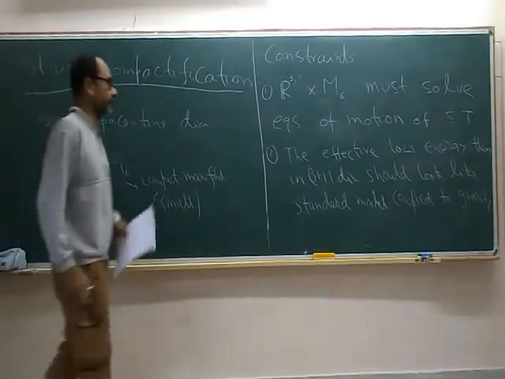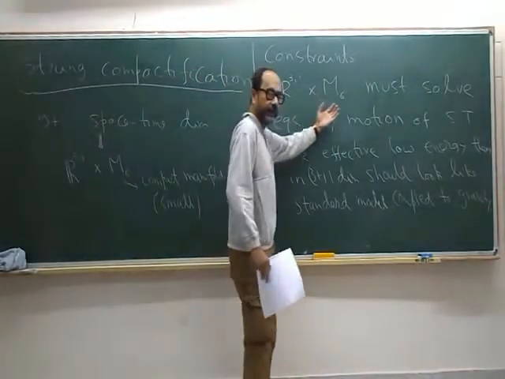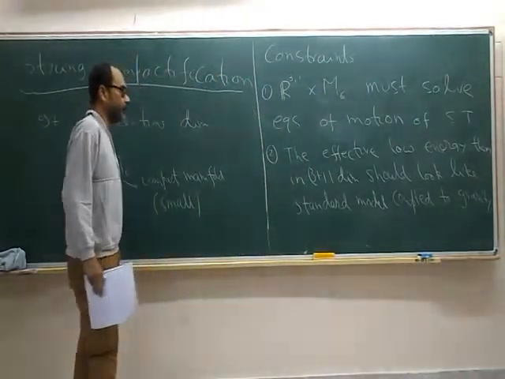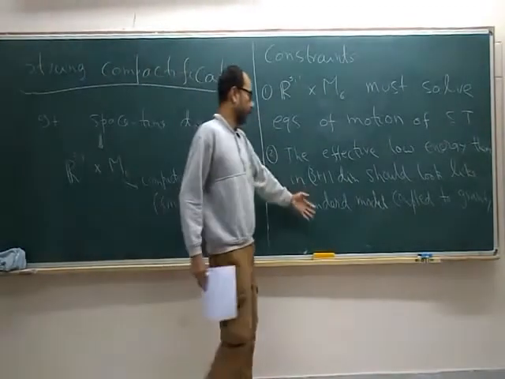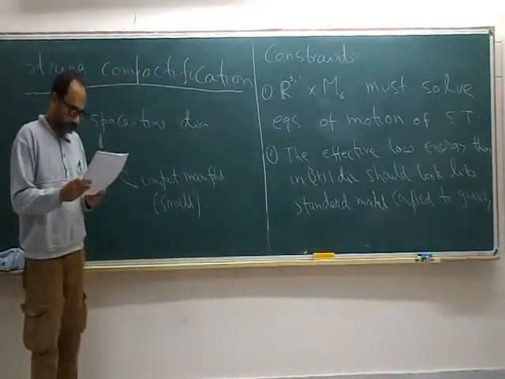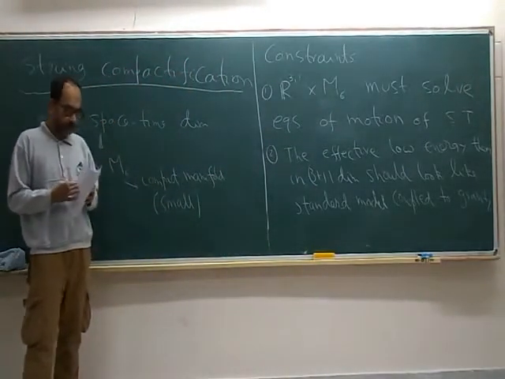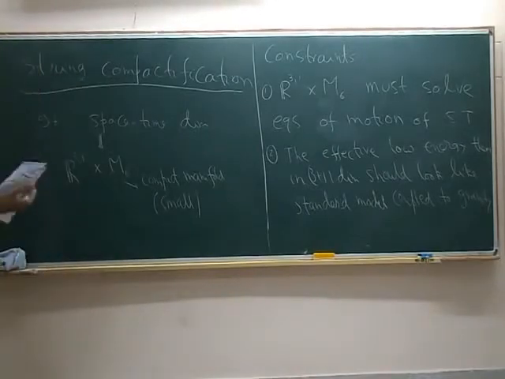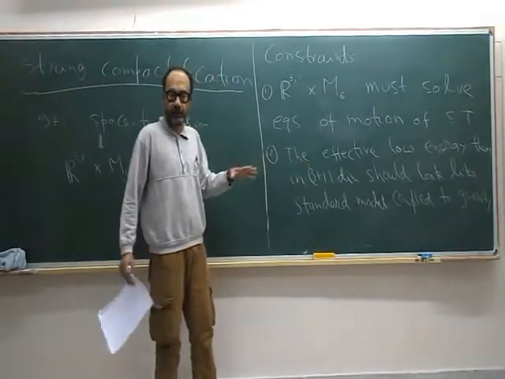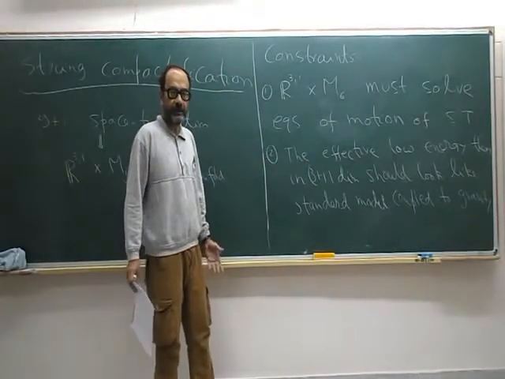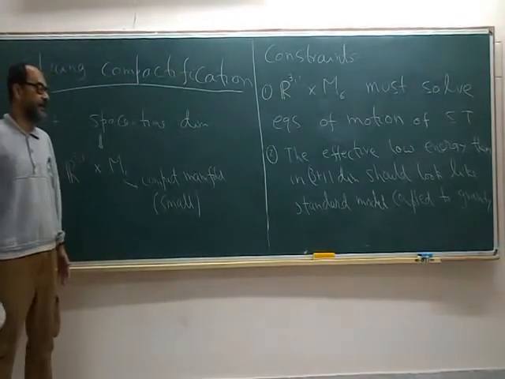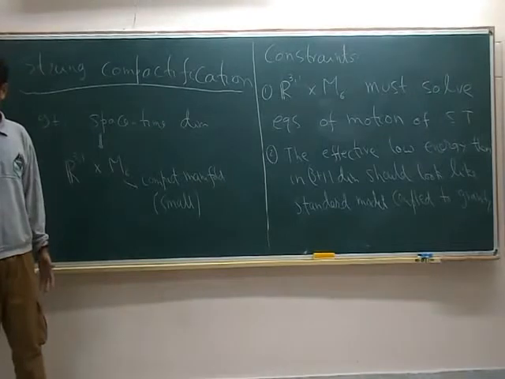So this is the eventual goal of the subject of string compactification. We first have to choose a compactification that is sensible, that is theoretically consistent, and at the same time we will try to look for a compactification that looks like the standard model coupled to gravity at low energy. So it's clear that the subject of string compactification is directly related to what we see experimentally. This is the closest to experiment that we can aim for, because we are directly trying to ask how to get the observed universe from string theory.